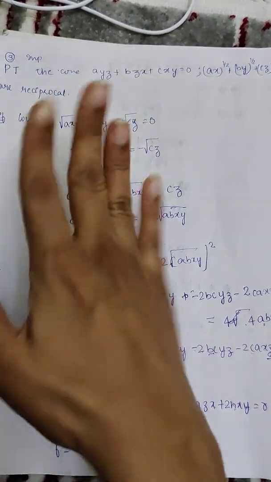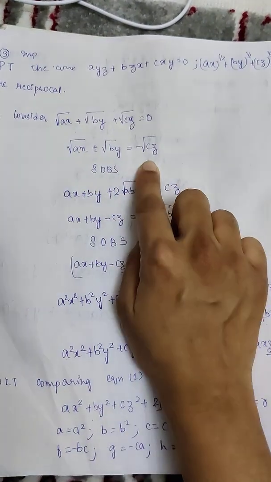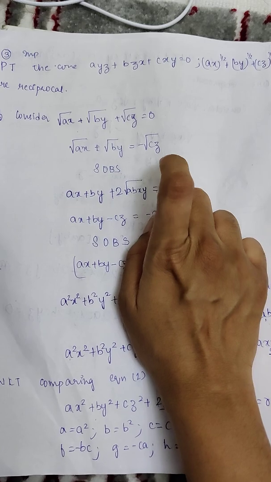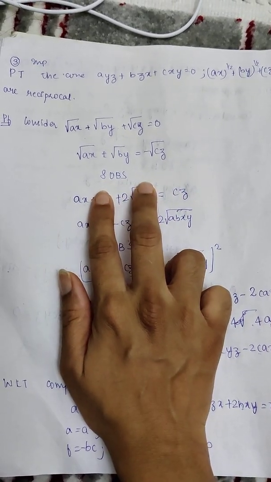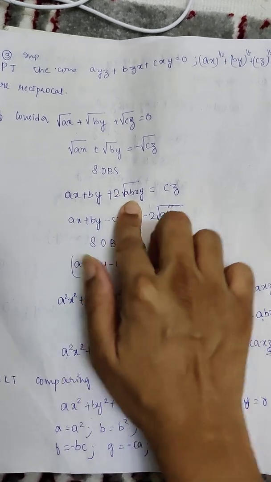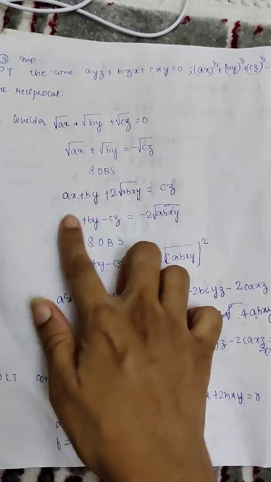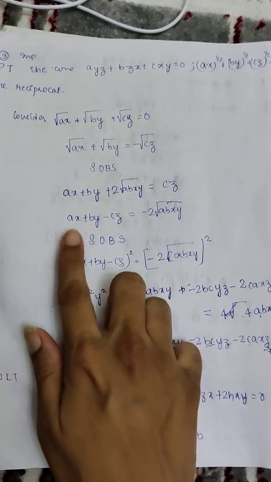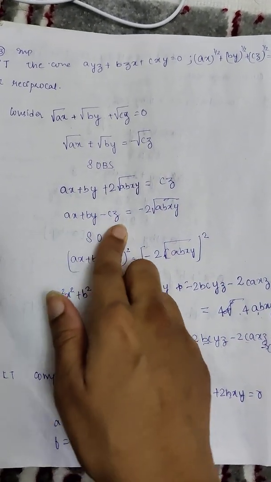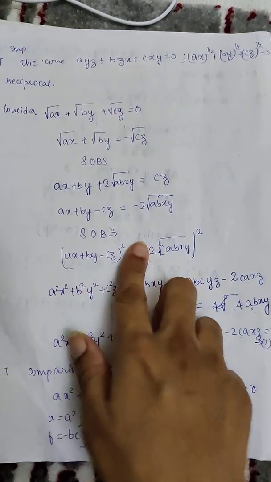To keep the squaring simple for us and not make it tedious, I'm going to send root of cz to the other hand side as minus root of cz. Then I'll square on both sides. This is (a plus b) whole square, which could be a square plus b square plus 2ab, and this becomes cz. Then I'm going to put my abc because I wanted my abc to be simple, so I wrote my abc. But again, this is under root, so I want to get rid of the under root. Again, I'm going to square on both sides.